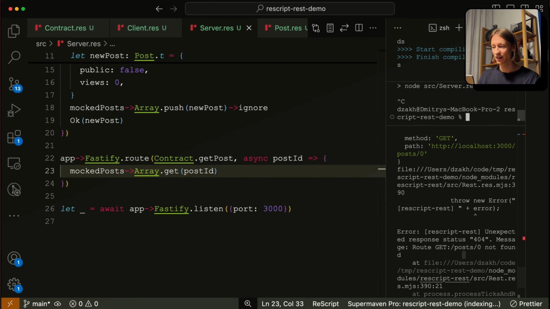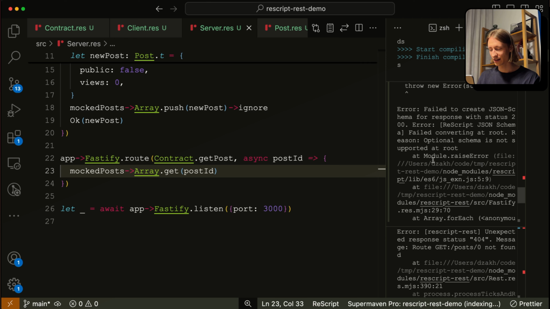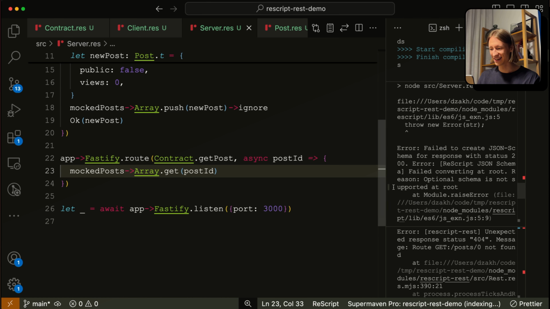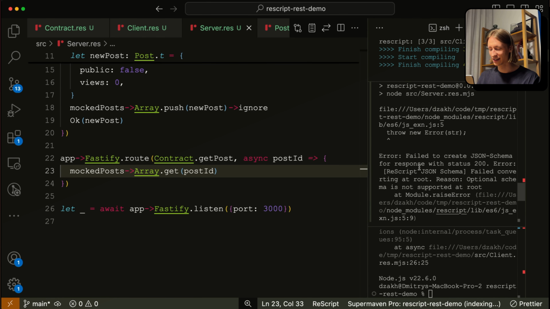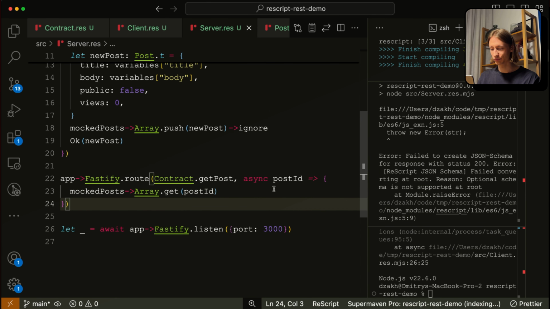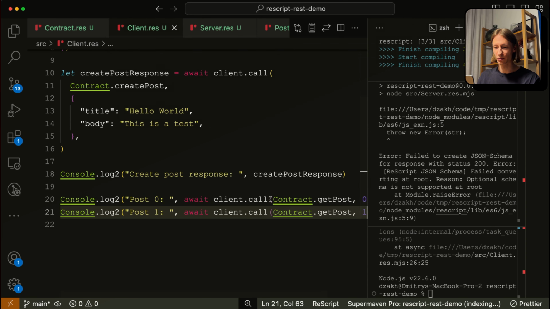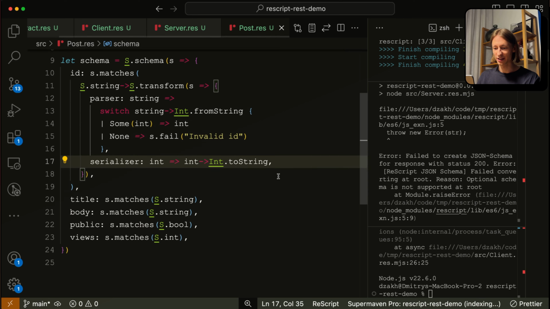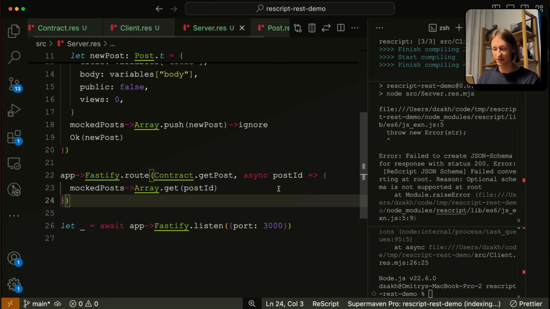Here you don't need to do this. And now to see that it works, we need to restart the server, take a look at the error. And yeah, we have an error that an optional string is not supported, and that sucks. So actually it should be supported. I'll do a patch to support it, but in the meantime